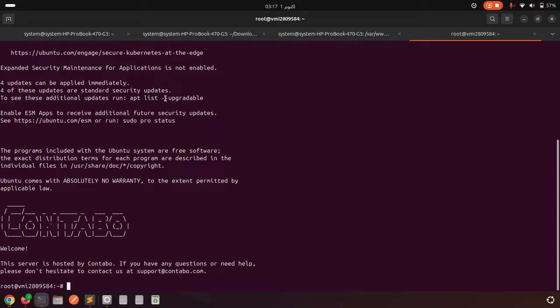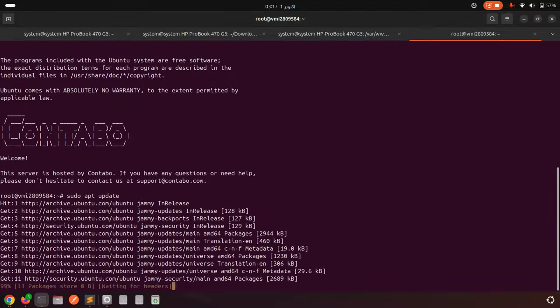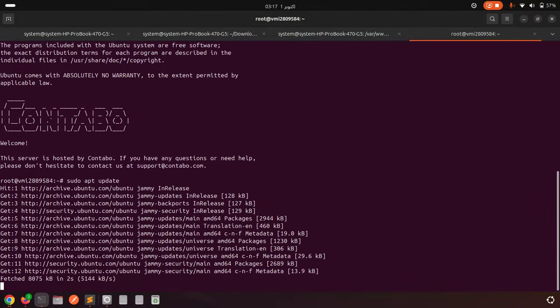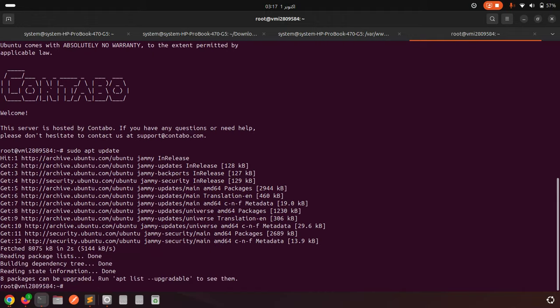The second step is I will install the Apache server. Before installing the Apache server, update all packages in your server. So the command is, after that install Apache web server.